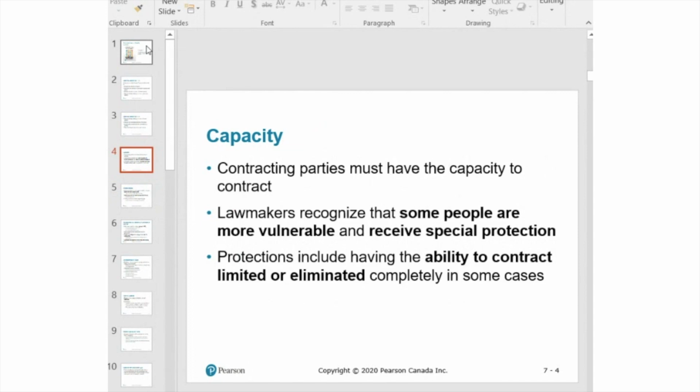A void contract is different. First I explained voidable: a valid contract that may be cancelled. A void contract is a null contract, a contract that doesn't exist. So keep in mind that when there are issues with capacity, the contract becomes voidable, meaning in principle valid, as long as the other 4 requirements are there, but may be cancelled by one of the parties.